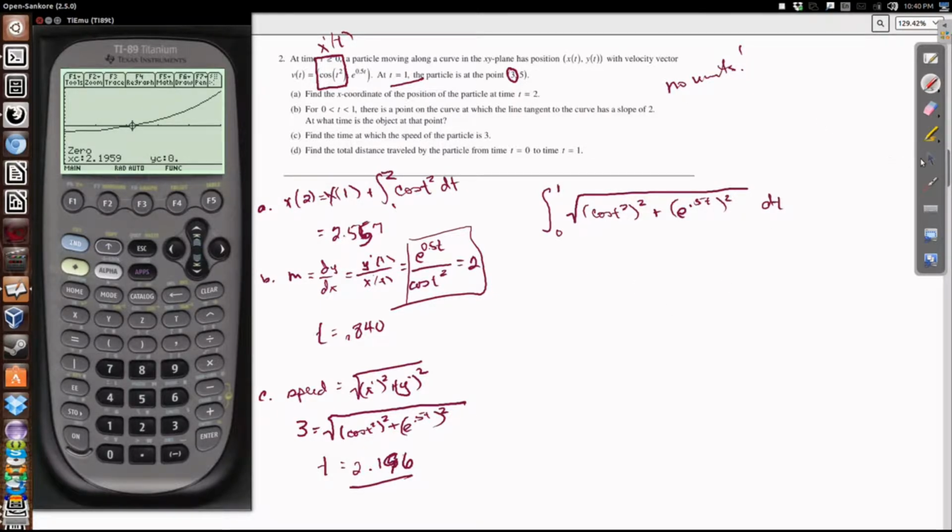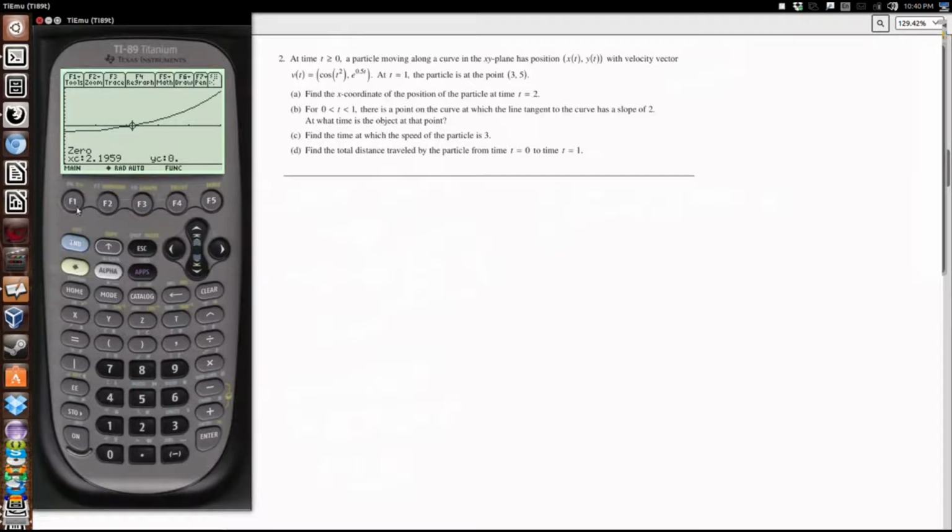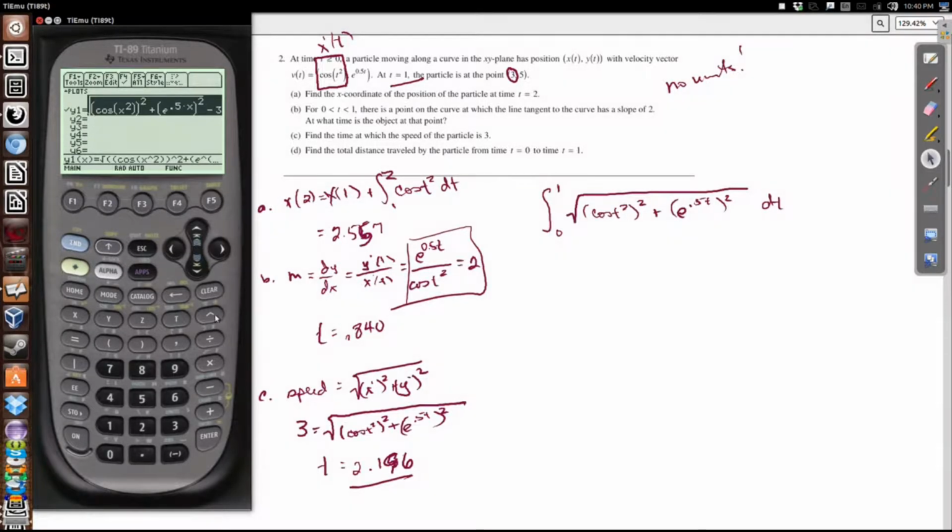So I'm actually going to jump back to my graph just for a second, because I actually want to copy this. So I'm going to hit enter, and I'm going to copy this expression, and then I'm going to go back to my home screen, and I want to integrate. So I'm going to do integrate, and I'm going to go ahead and paste this in, but I don't want that minus 3. And I want to integrate this with respect to x from 0 to 1. And when I hit enter,